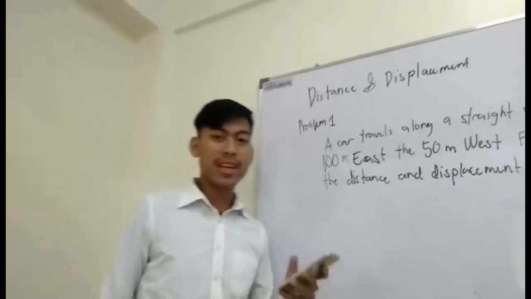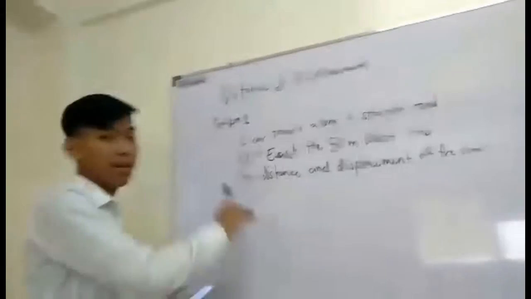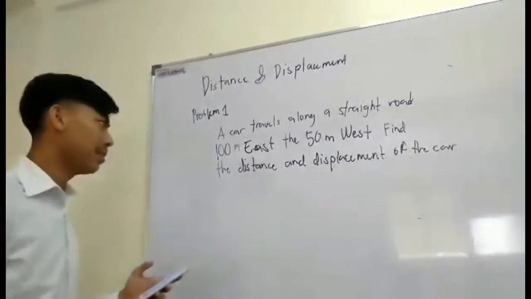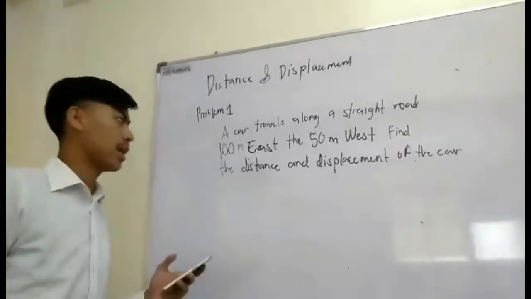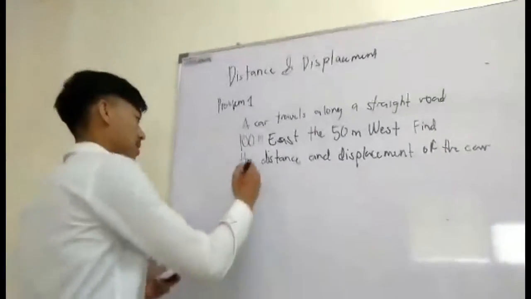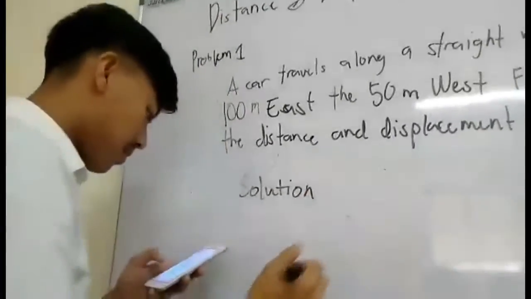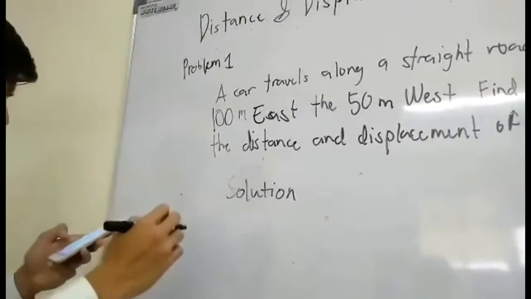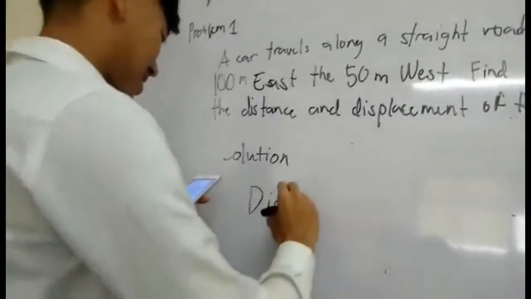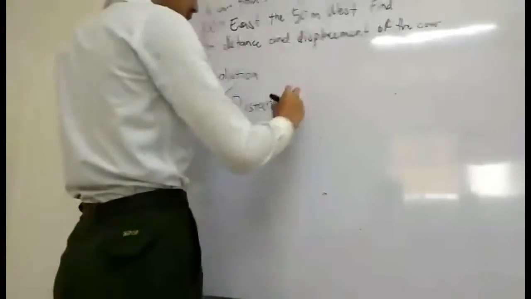Hello everyone, today we are discussing distance and displacement. Problem 1. A car travels along a straight road 100 meters east and 50 meters west. Find the distance and displacement of the car. Solution. Write distance. The distance is